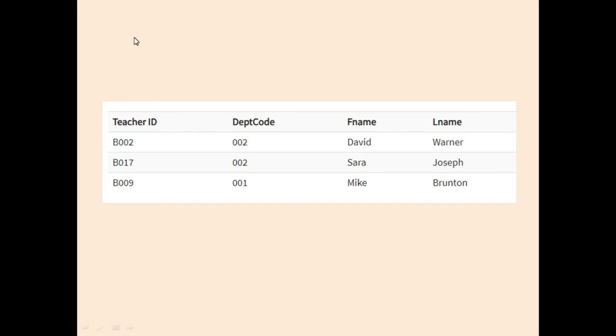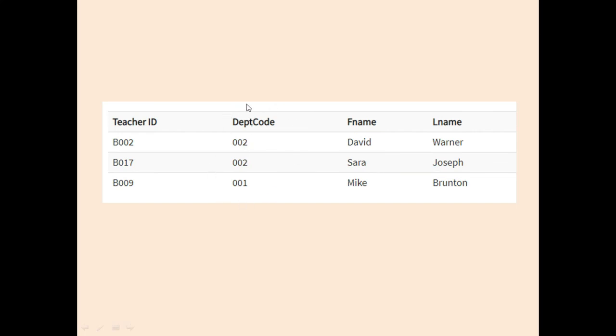The first table was department. From that department table we had seen that 002 was English department. So from this table we can easily say that for this 002, the names of the teachers are David and Sarah.